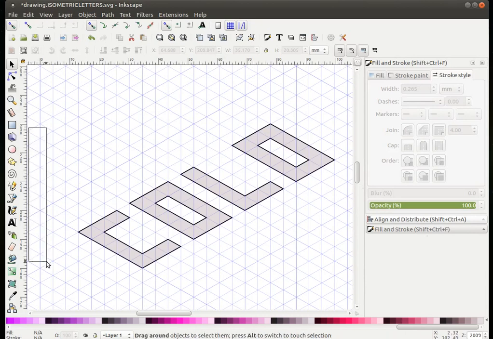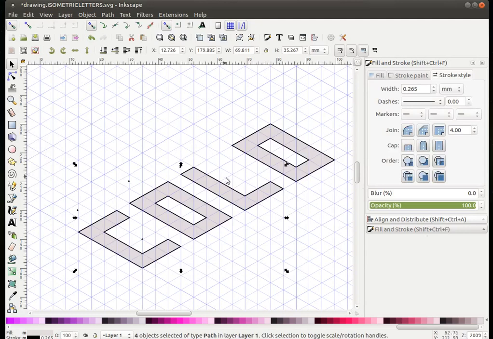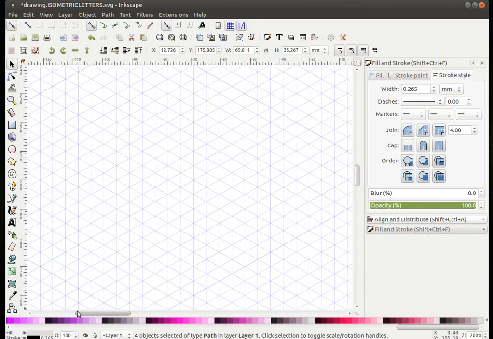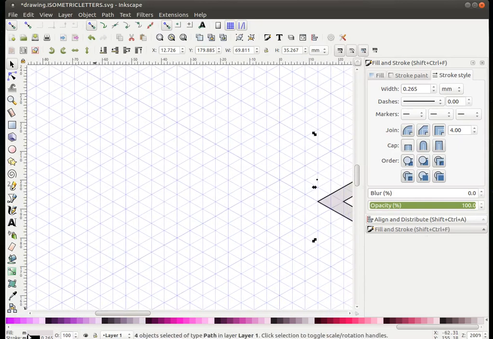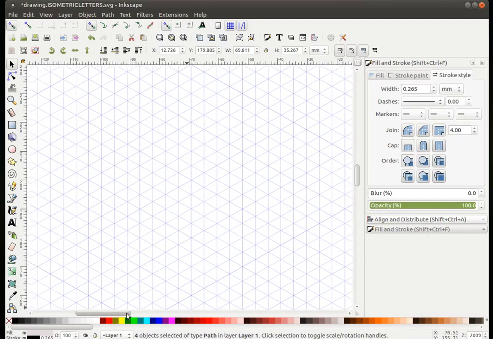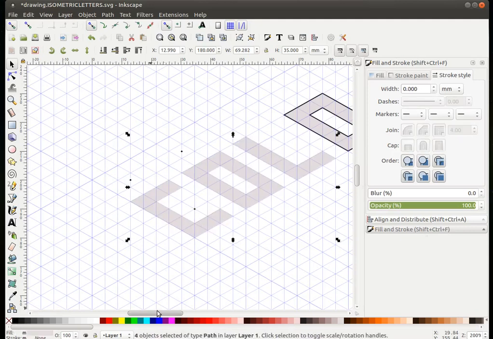Then the next thing you want to do is to remove the stroke around the letters. So we are going to go to this area, and we're going to press shift on our keyboard and click on this X right here at the corner, and boom,